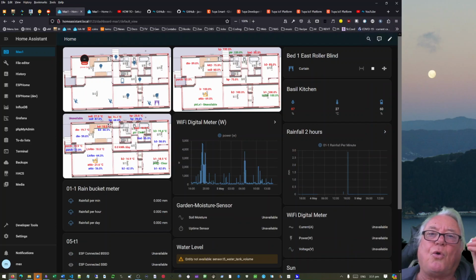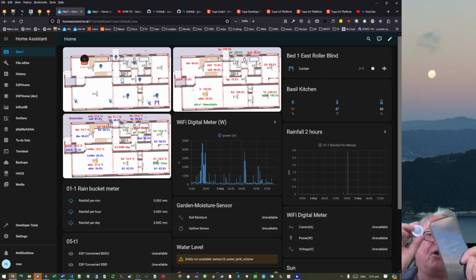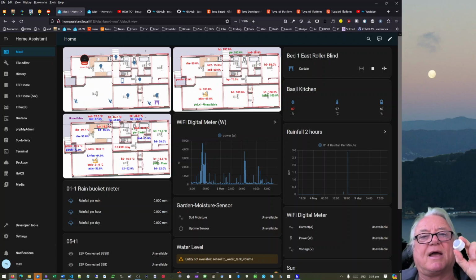I want to talk about connecting a new device into Home Assistant. Now, why would I want to do that? I could actually just pair it with my device on my app, and then I've got that connected. That's fine. But if I want this, which is a Tuya sensor device, to activate a Tapo bulb, my app